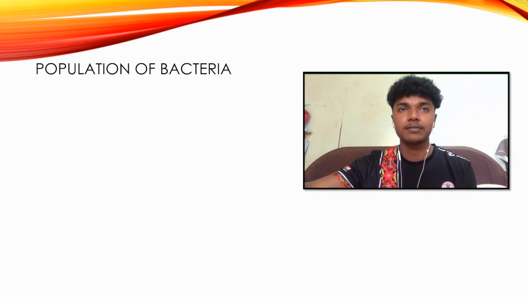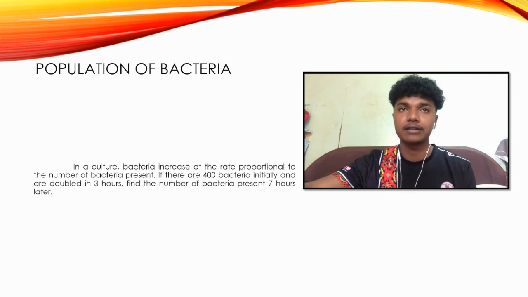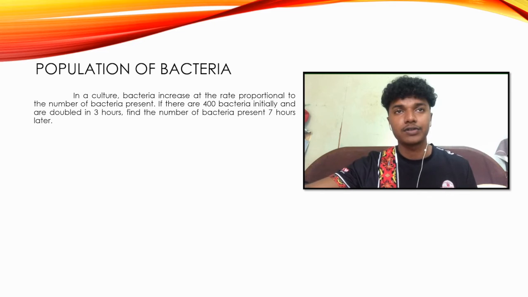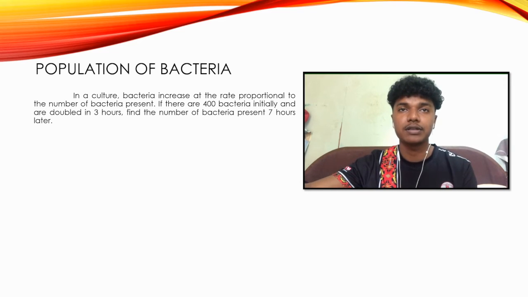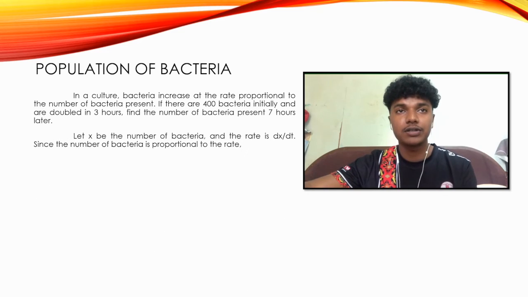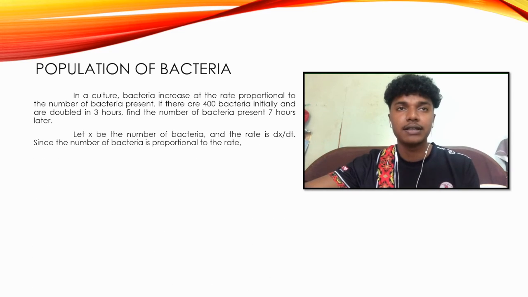So next is one of the examples of the calculation of bacteria applying the differential equation. The question is, in a culture, bacteria increase at a rate proportional to the number of bacteria present. If there are 400 bacteria initially and they double in 3 hours, find the number of bacteria present after 7 hours. So the solution is, let x be the number of bacteria and the rate is dx over